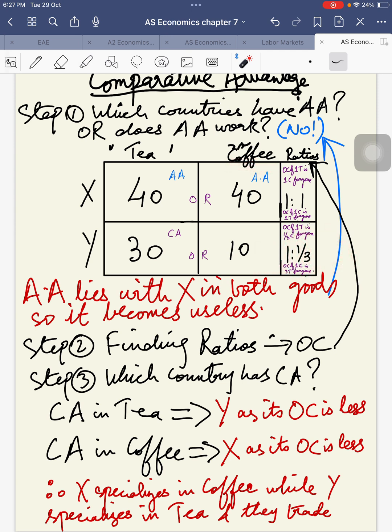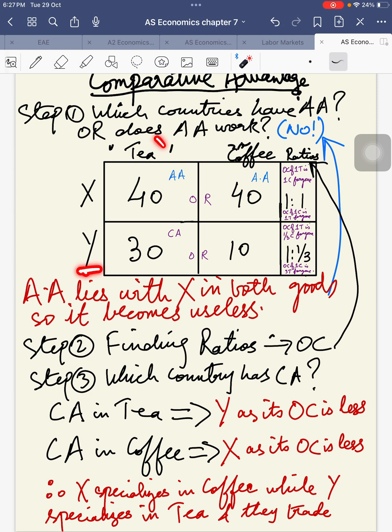But let's suppose a person doesn't want to do this. Is there a shortcut? Yes, the shortcut is definitely there. The shortcut is, if one country has a comparative advantage in one good, then the other country will always have a comparative advantage in the other good. It is impossible for one country to have a comparative advantage in both the goods. It is impossible. Right? So if we've determined very easily that